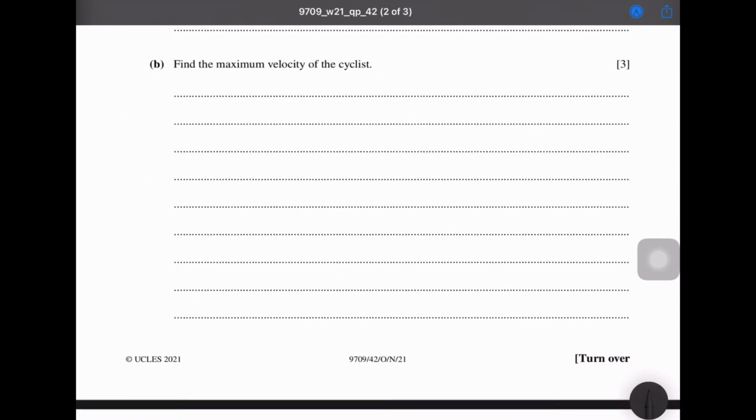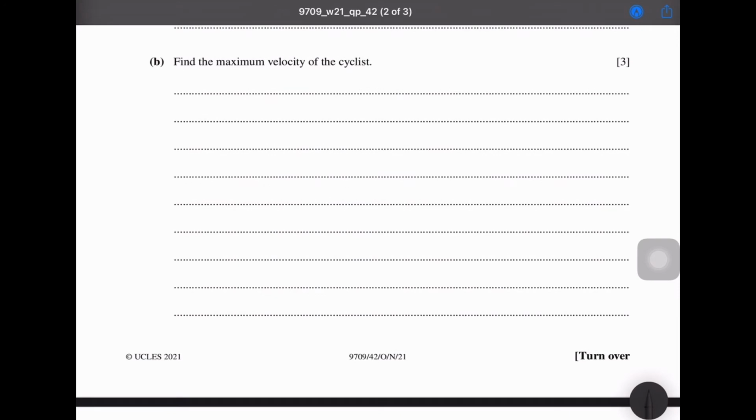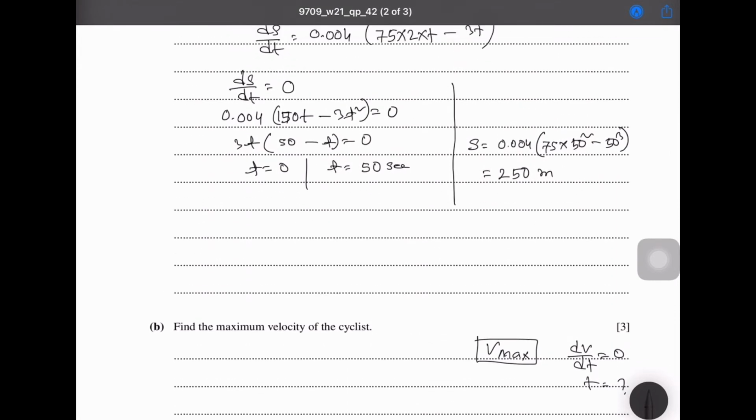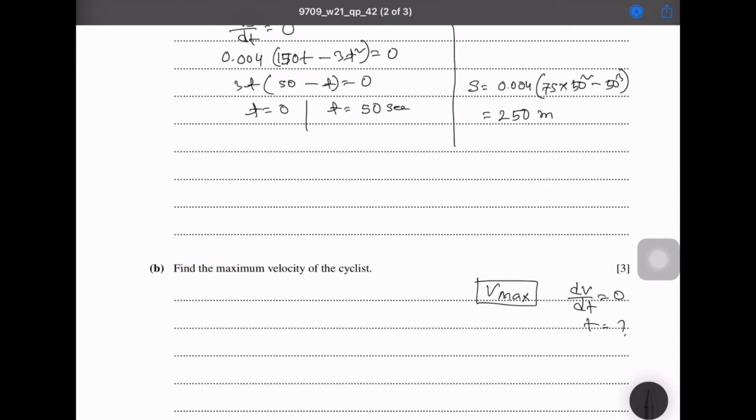B, we need to find out maximum velocity of the cyclist. For maximum velocity, we need to find dv/dt equals 0. Then we need to find the value of t. So let me differentiate ds/dt. d2s by dt square, this is acceleration, equals